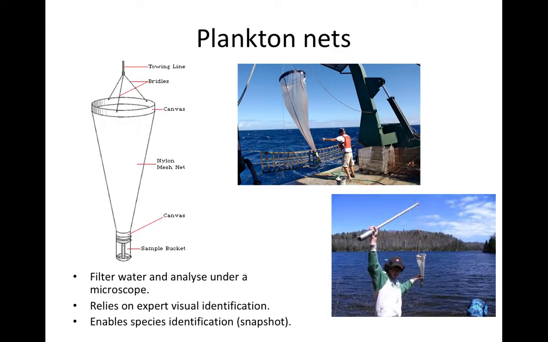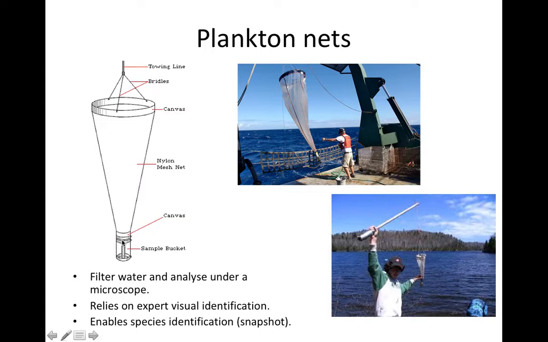So the first one is plankton net. This is very simply a large net which is lowered into the water and then pulled through the water. And at the very bottom here, you can see with a mouse cursor, they've labelled it here as a sampling bucket, but it's quite often just some sort of mug, that sort of size, and it has a filter paper in it. And so the water is pulled through the net, and then whatever collects on your filter paper at the end,